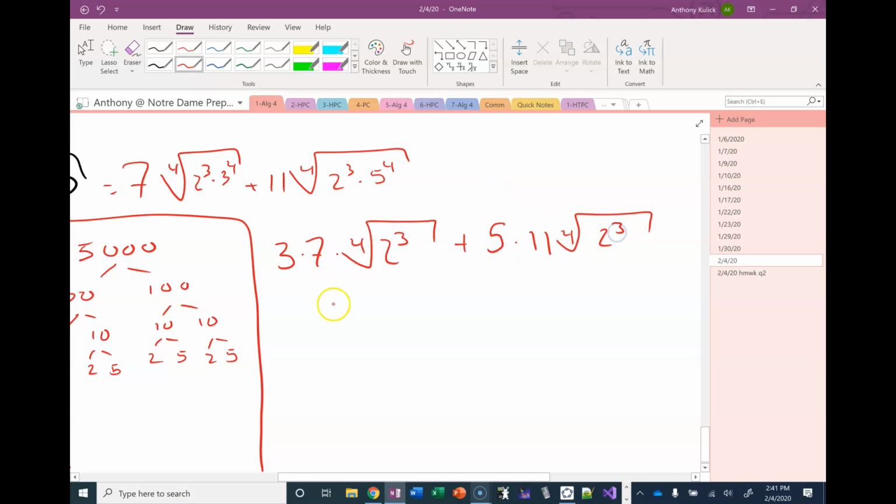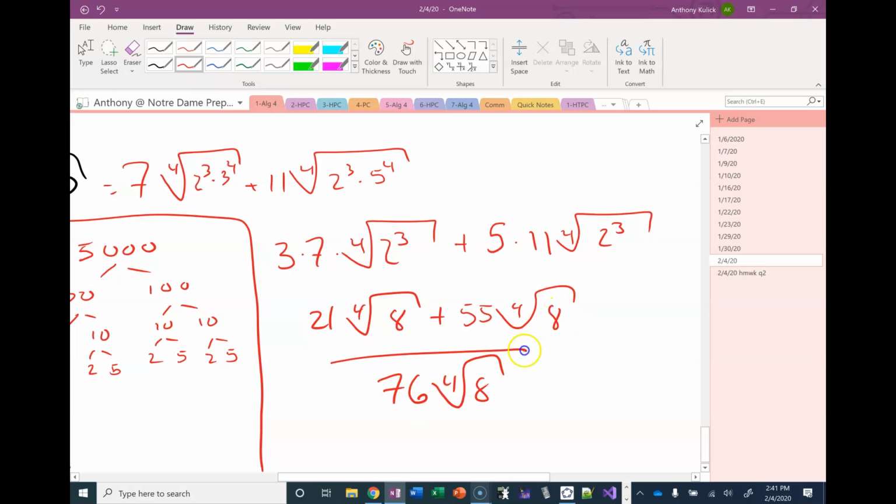2 3's. So I have 21 4th roots of 8 plus 55 4th roots of 8. When I add those up, I get 76 4th roots of 8. What do you guys think? Not that bad, right? We'll stop